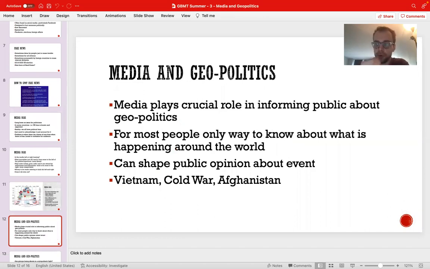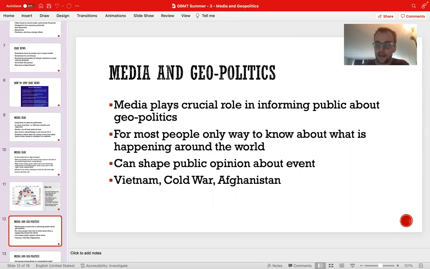Media also plays an especially important role in geopolitics because many of the global issues which are most relevant to us are occurring very far away from our day-to-day lives. For example, the geopolitical tensions which are producing rising gas prices currently are tensions which are highly complex and in countries which are both far away and often have different languages, political systems, and cultures from our own. So it is up to the national news media to help countries and their populations understand how such geopolitical events impact our day-to-day lives and how our national politics or our policies at home might impact those outside of our nation state.